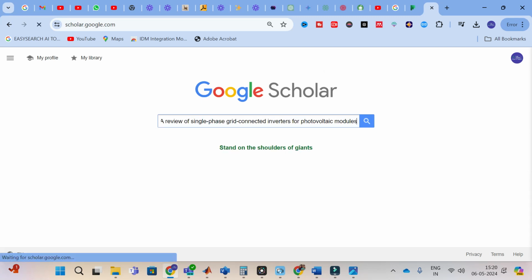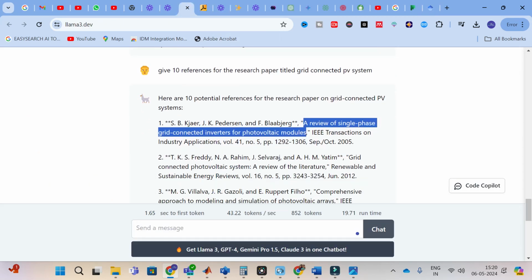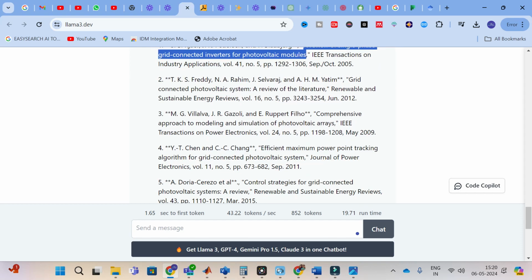Paste the content. Yes, it is a valid reference. You can see the author name is E. G. K. Pedersen, and it is also cited by 5029 members. So it is a big citation one. Yes, the authors are correct, and it is valid.